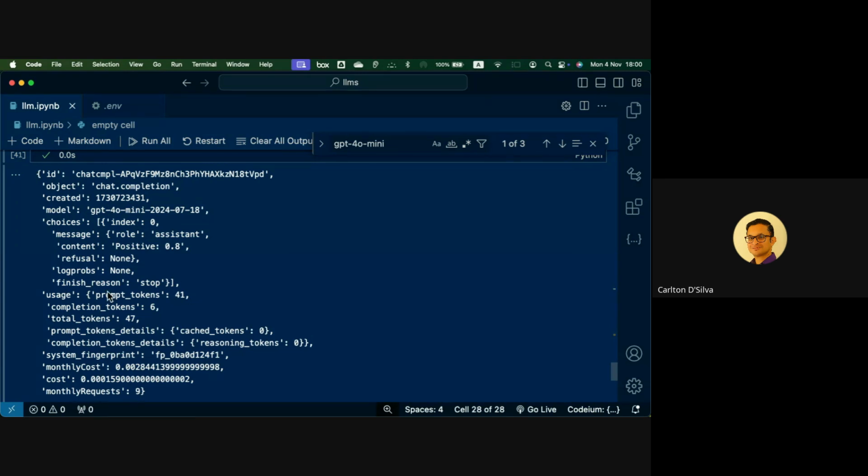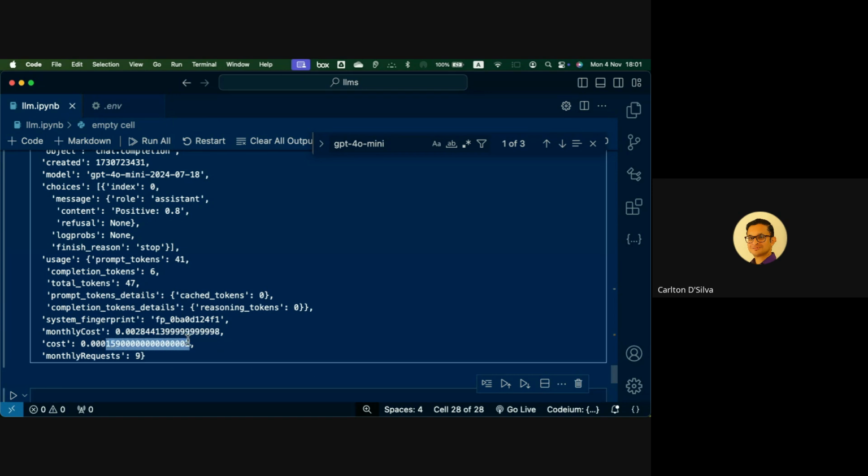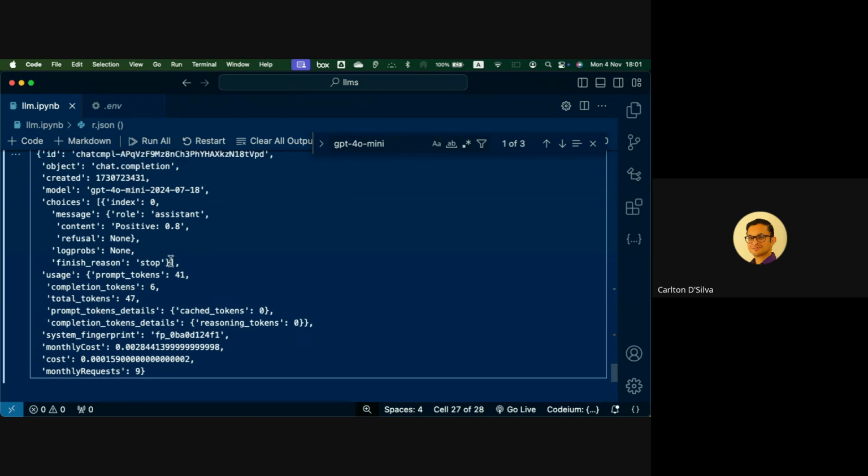So we get a whole bunch of things. Of course, it will send back. And if you look at the very bottom, it will say, okay, this is the cost of the tokens. So I've sent so far 9 requests using this token key that has been given to me. This is how much it cost. This is always in dollars, okay? So before we do that, let's see how many tokens. 41 tokens was the prompt.